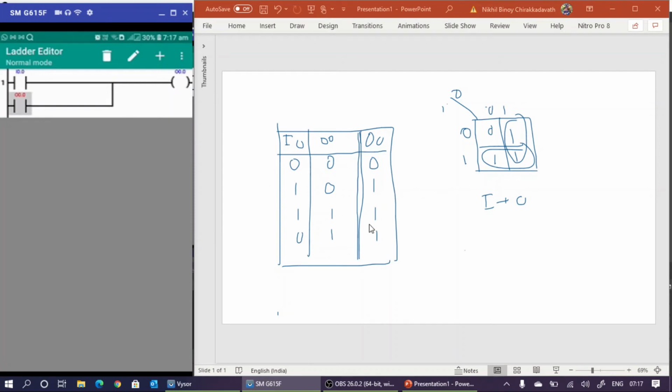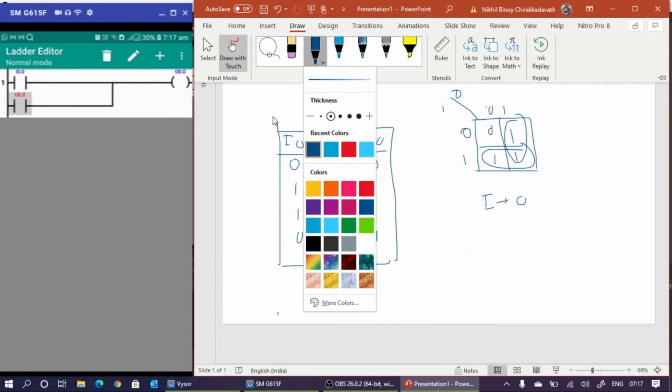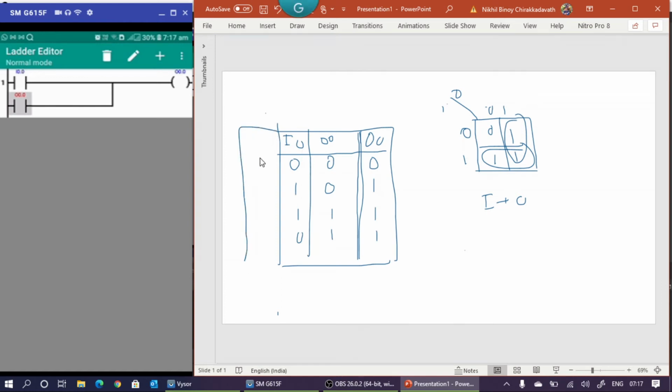Okay. If we want to avoid this situation, then for that purpose we are going to add one more input. One more input we are going to add. Okay. So that is input 1. Here for all this the input is 0. Now if this I1 is 1, then what will be the condition? What will be this condition? This one must be 0. This one must be 0. What will be the condition? This one must be 0.